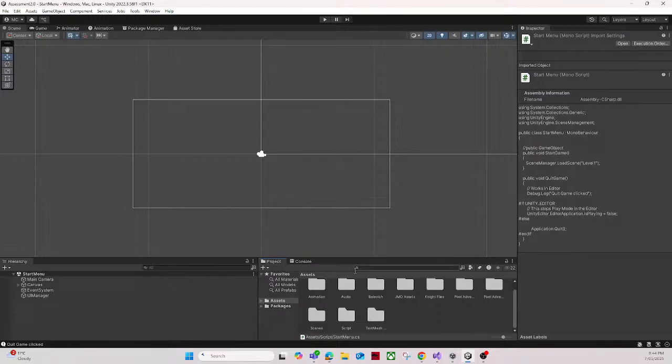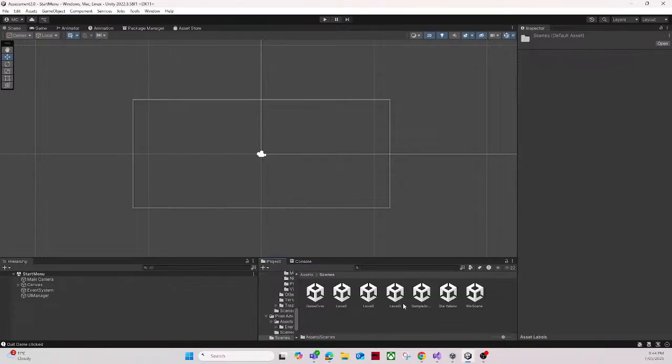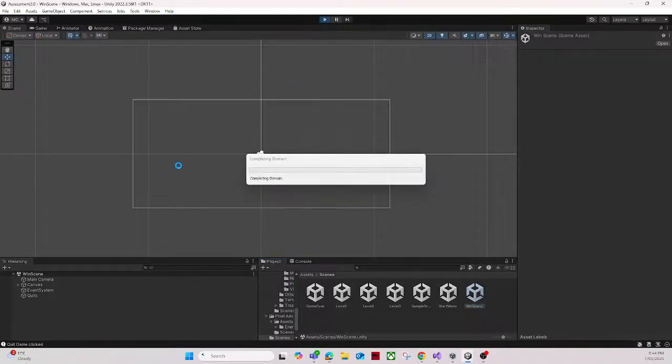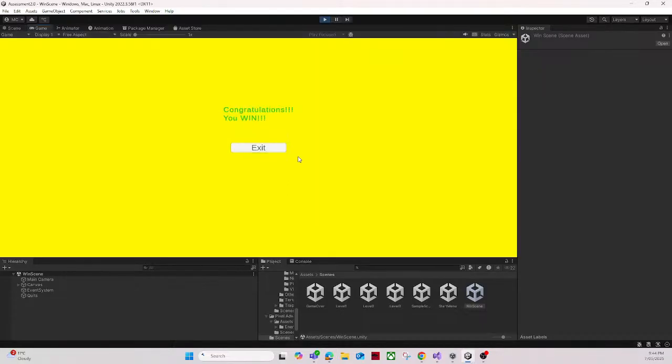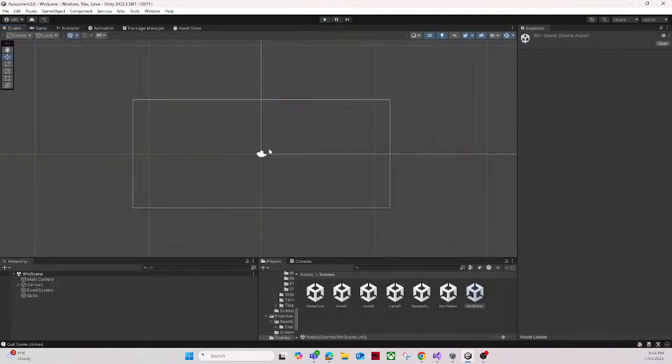What I did want was a scene that stated that I won, which, if the green bar had filled up, it would jump over to this area. It would just say, congratulations, you win, an exit button, and be out of the game. This wasn't as fun as I wanted it to be, but